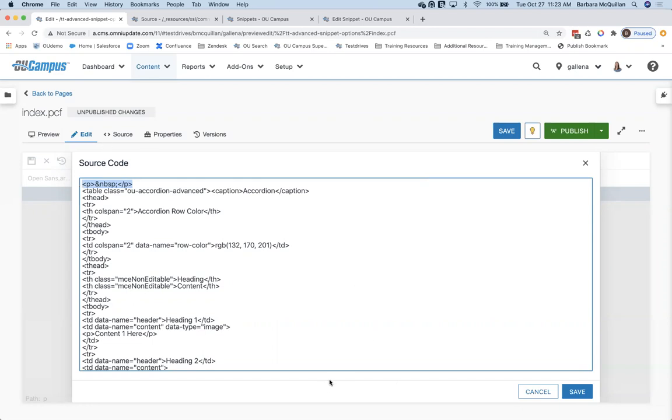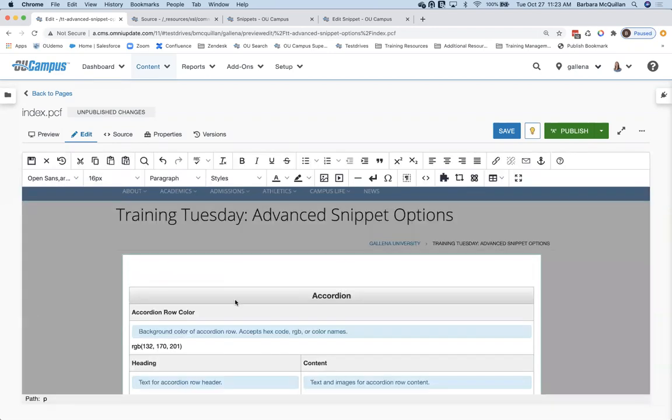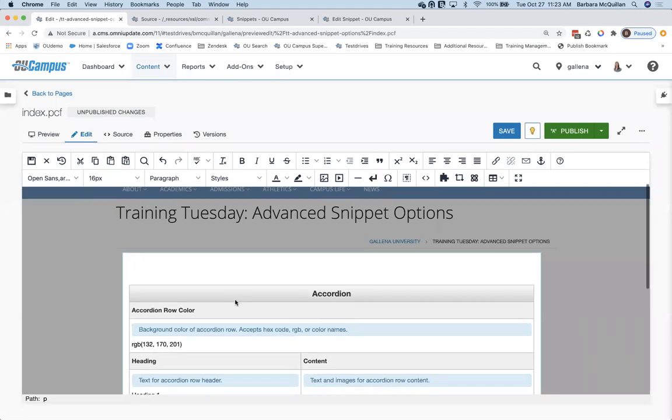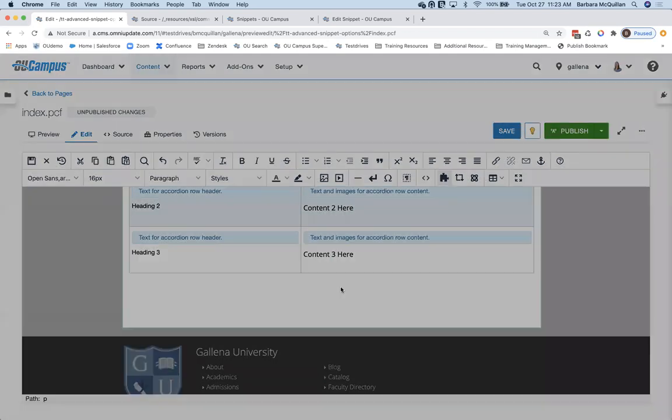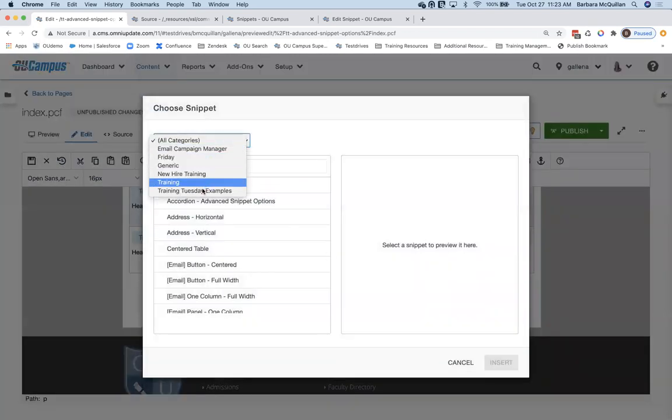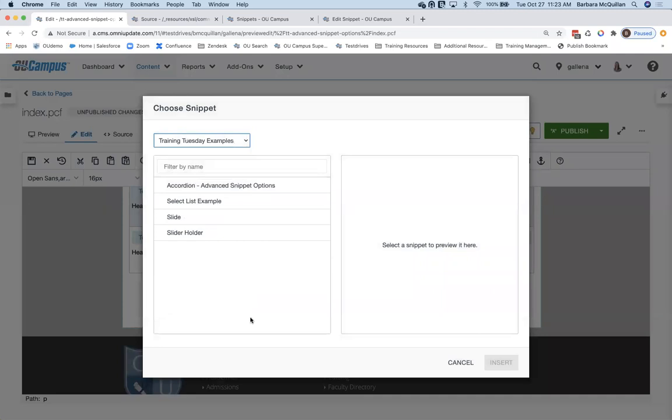Additional things that you can do with this lovely table separator. So the way it is set up right now, it's literally just giving me space. It's giving me kind of this option to be able to get a little bit more space between them. But you can have it do all sorts of other fancy things. Let me show that to you. I have a snippet in here that is intended to be put inside another snippet. So I essentially have like a slide holder, and inside that slide holder, individual slides should be placed. So let me go ahead and insert this slide holder here.